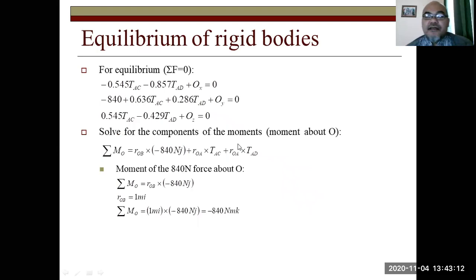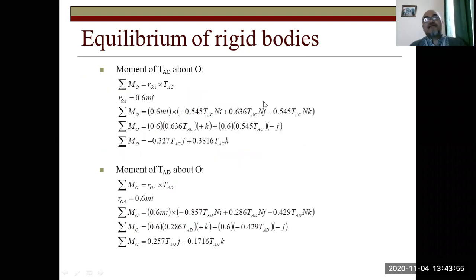Similarly with TAD also, you can use plus 3 ROA cross product TAD. So the moment of this part, the 840 Newton force about point O, is ROB cross minus 840 Newton J, and ROB is 1 meter I. I cross J is K, right? I cross J is K, then the result is negative, so negative 840 Newton meter K. So remember here, K. This is still easy for the moment about point O due to the 840 Newton